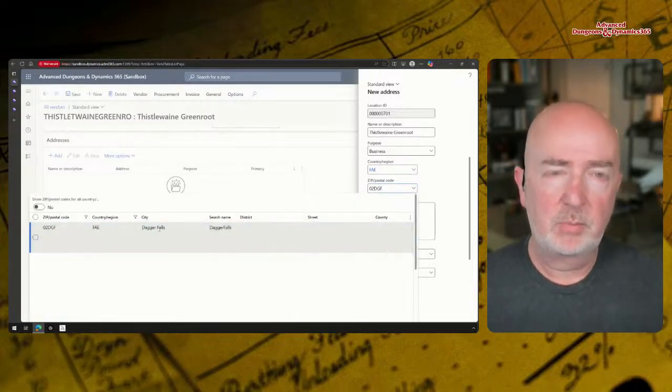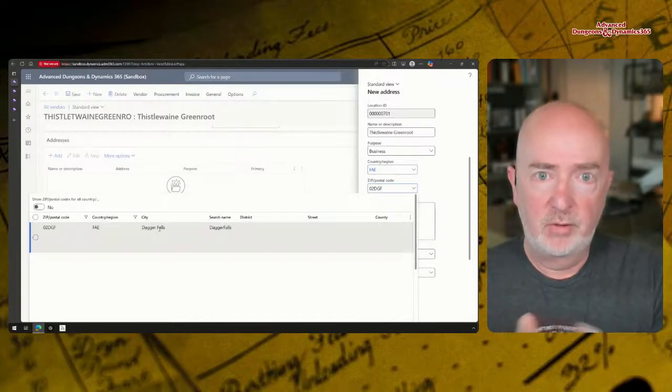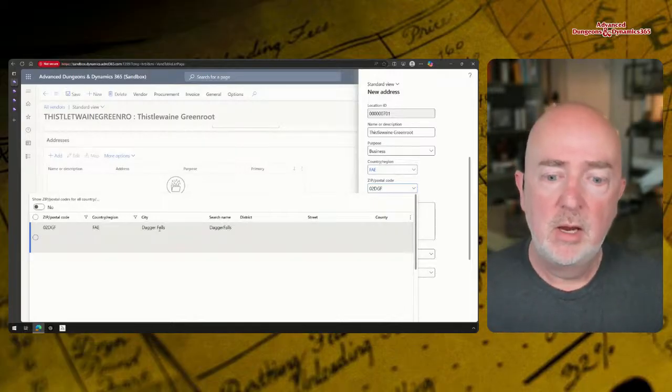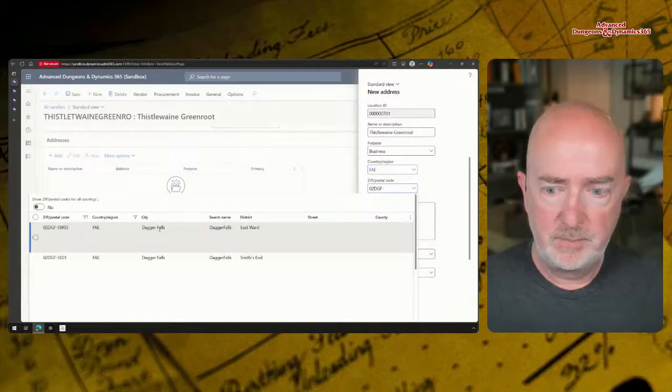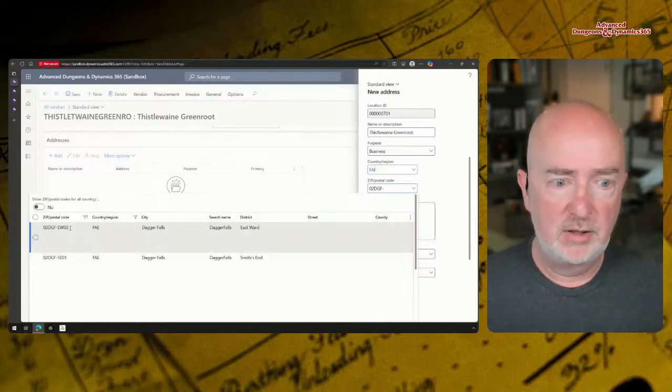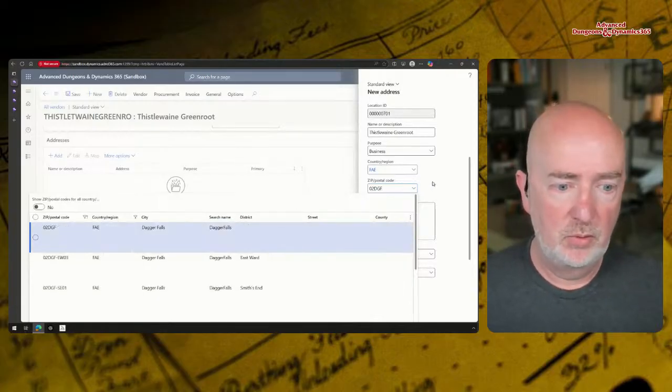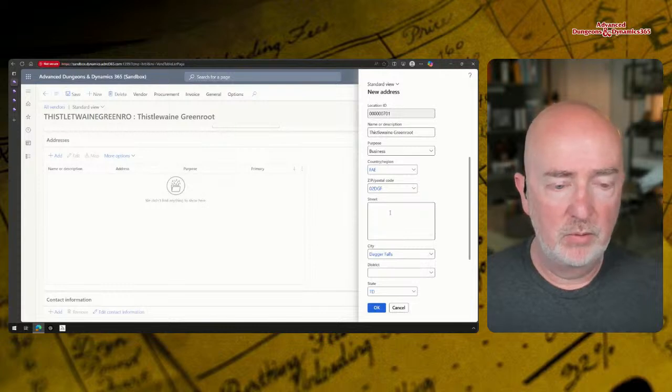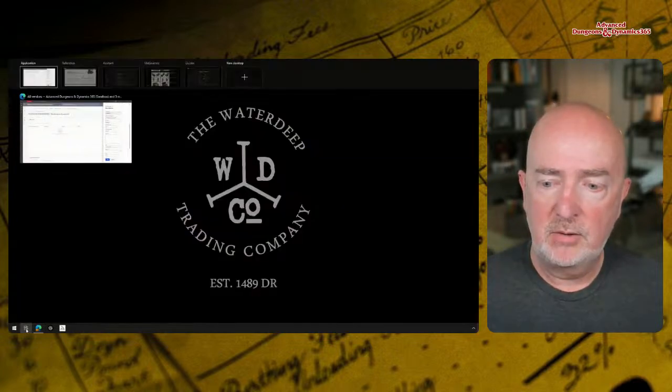The way that we've got the zip code set up is that we have the state or the province, and then the region, which is Dagger Falls. And then if we wanted to, we can go out and have the ward and also the street details showing up. But I'm just going to choose Dagger Falls that we've got here. So let's go back to our